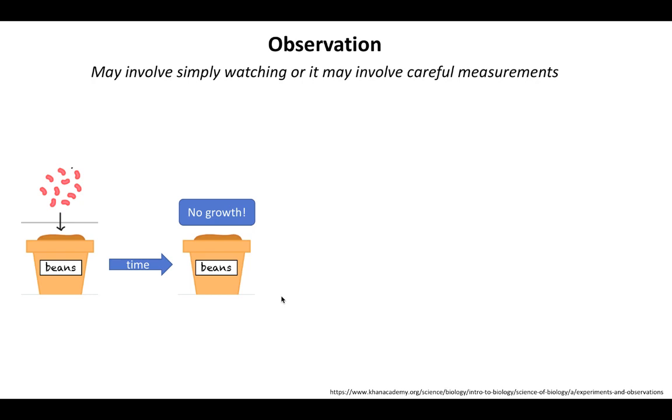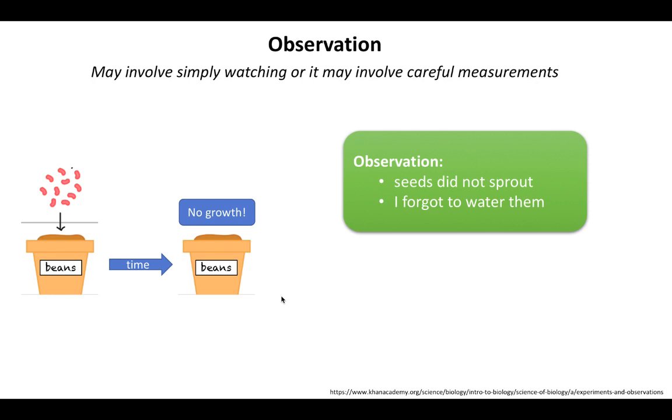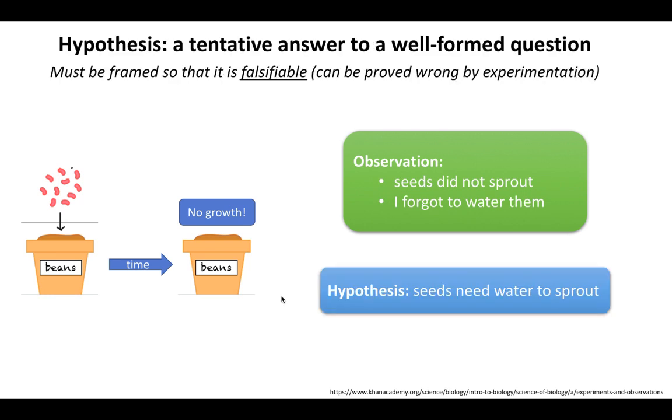So we'll use the experiment that was introduced in the reading that we had, where somebody planted 10 beans in a pot, put it in a window, and made the observation that none of the beans grew. They also made the observation that they forgot to water the beans. And so this leads to the question, do these seeds need water in order to germinate? And so this will lead us to the creation of a hypothesis that seeds do need water in order to